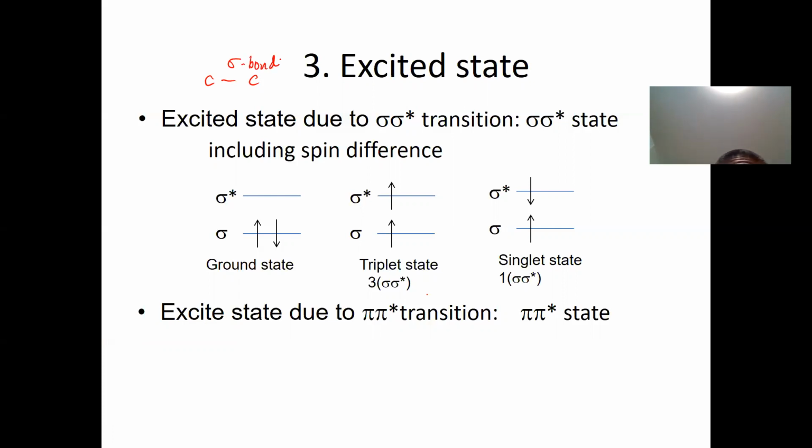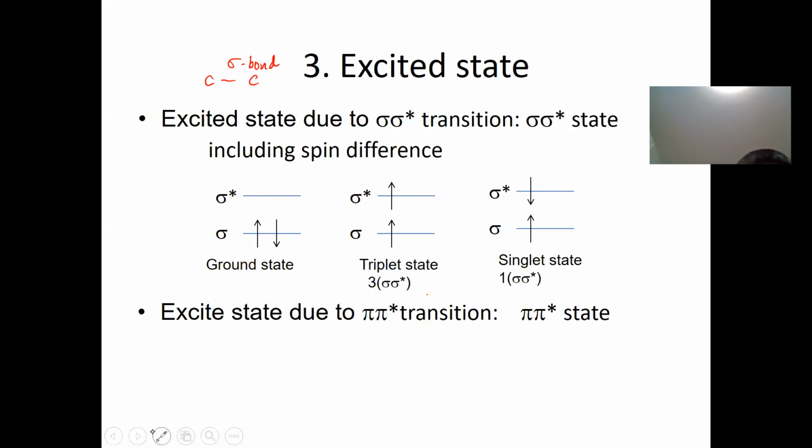In this case, as we studied, we have two states of the sigma bond, the sigma orbital and the sigma star orbital, which are a bonding orbital and an anti-bonding orbital. And in the ground state,